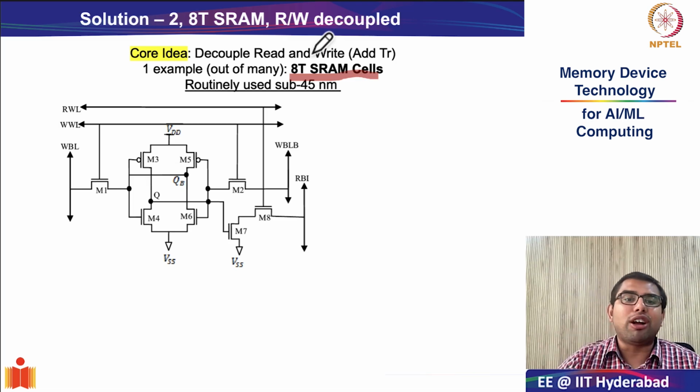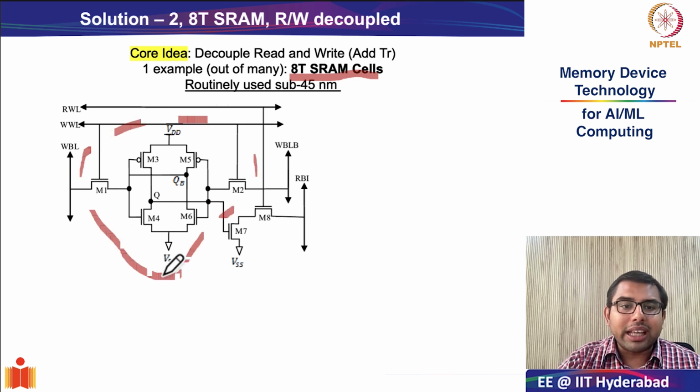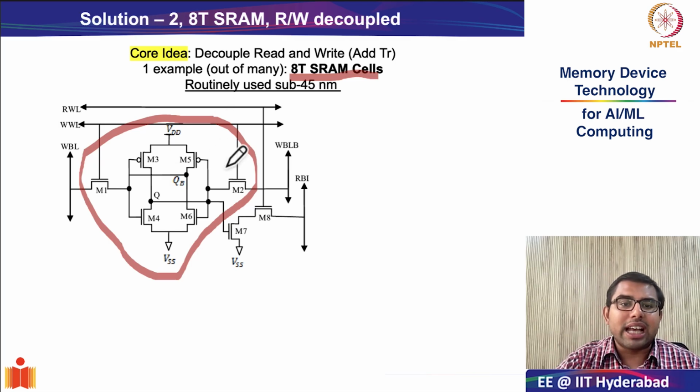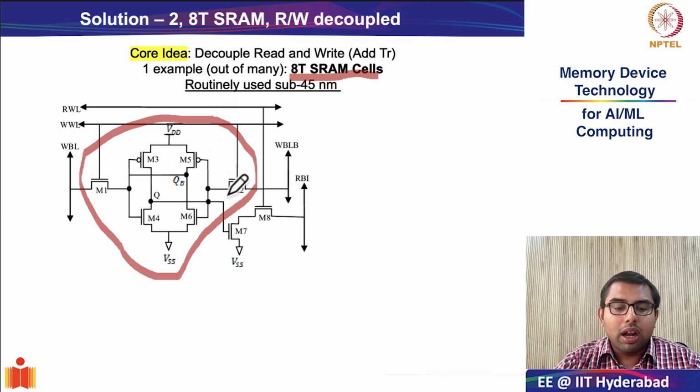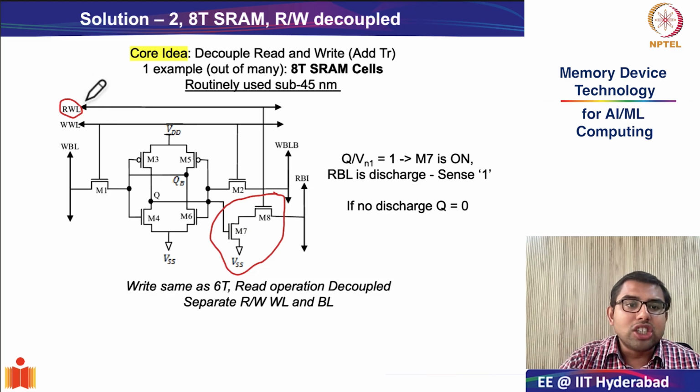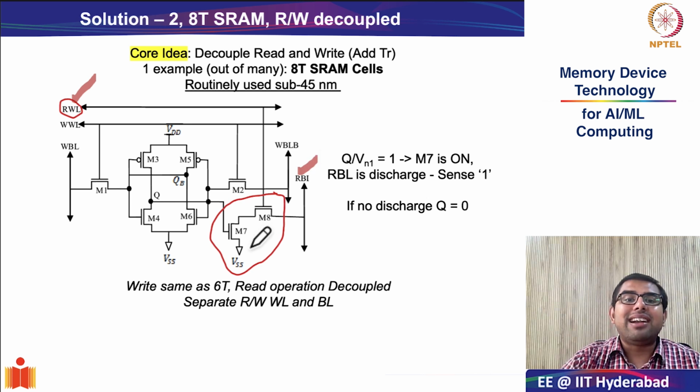It appears to be very complicated, but let me tell you that the core part is still the 6T SRAM cell. So this is the core 6T SRAM cell. As you can see, there are a few additions which are made to the 6T SRAM cell, and this is what I will now quickly mark out with red color. So the differences from the original 6T SRAM cell are this new read word line, new read bit line, and a couple of added transistors, transistors M7 and M8.